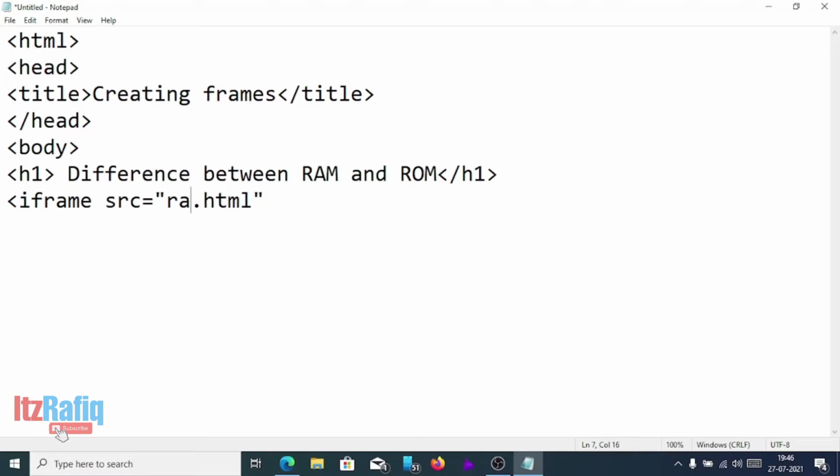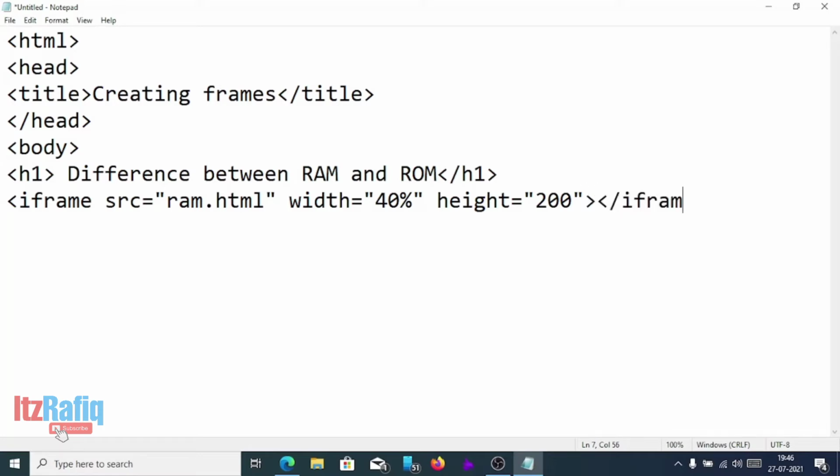Suppose I give it in percentage, so width equal 40% and height equal 200. Then bracket close, iframe close. iframe is a container tag, so we must close it.